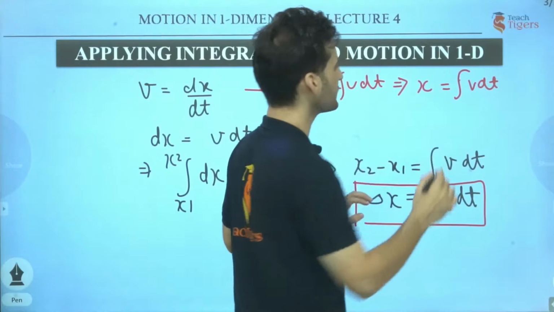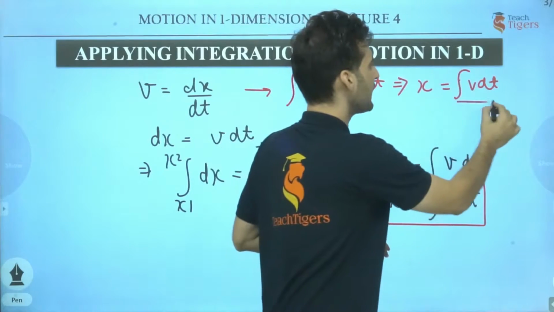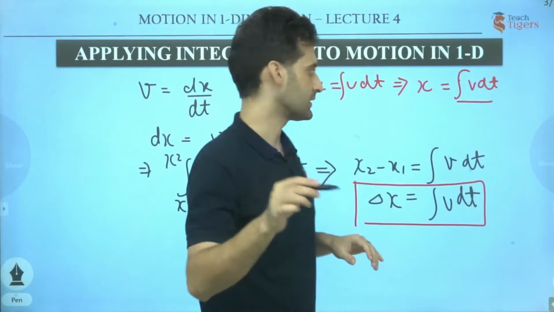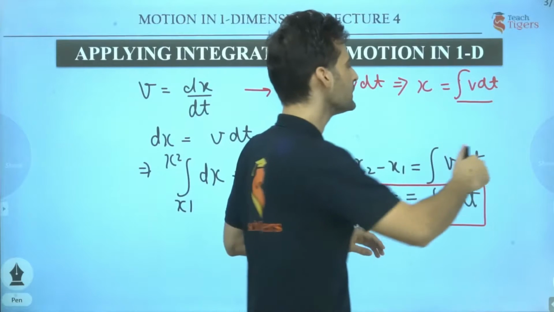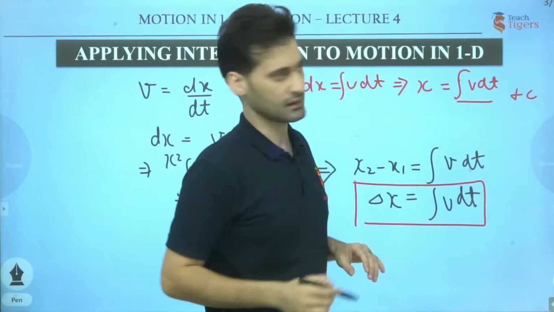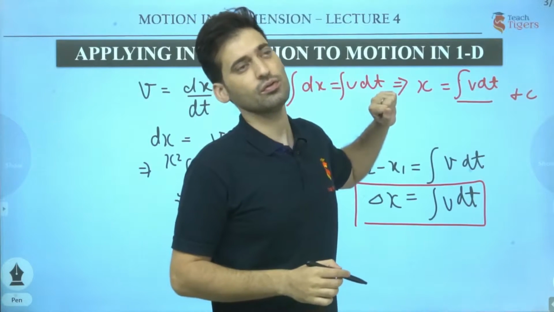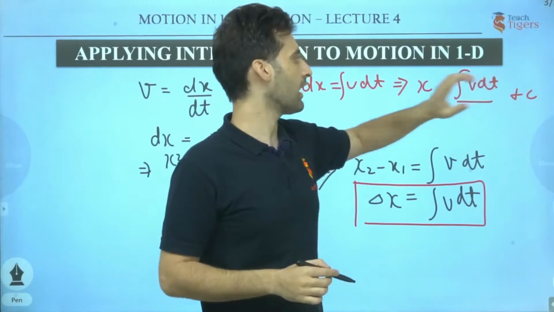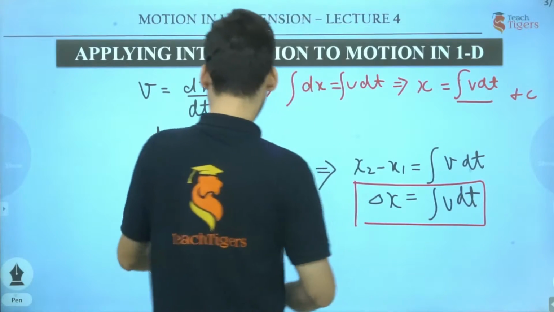But this time, if I have to calculate integral of v dt, I will have to put the constant here. You remember in indefinite integration what you used to do? You used to put plus c while solving this. So constant has to be put in indefinite integration. Now why did this constant come? Everything you might have studied in your integration. Okay, so